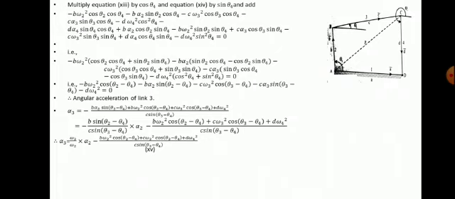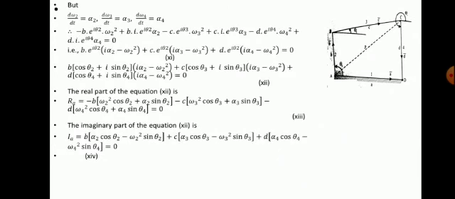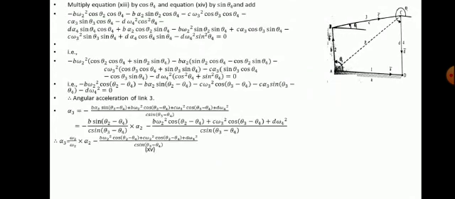You will get to equation 0. Now, by adding this, we will get a minus b omega 2 square cos theta 2 cos theta 4 multiply cos theta 4 minus b alpha 2 sin theta 2 cos theta 4 minus c omega 3 cos theta 3 cos theta 4 minus c alpha 3 sin theta 3 cos theta 4 minus d omega 4 square cos square theta 4 minus d alpha 4 sin theta 4 cos theta 4